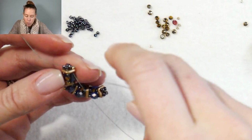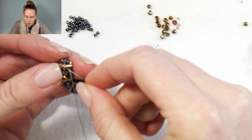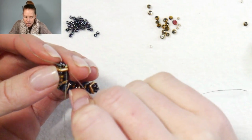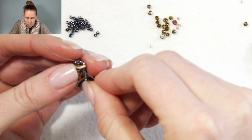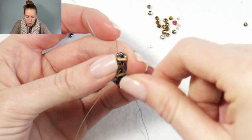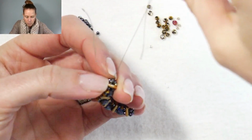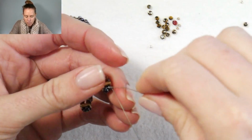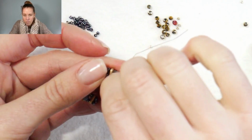From here, I want you to go back up through the quadratile hole that we just came out of, which is going to expose just the tiniest little bit of our thread from one quadratile hole to the other. You can see I'm going to go from one hole to the other and up. Give a nice tight pull to make sure that we have our nice kind of oval shape. At this point here, I'm going to take off my stop bead,